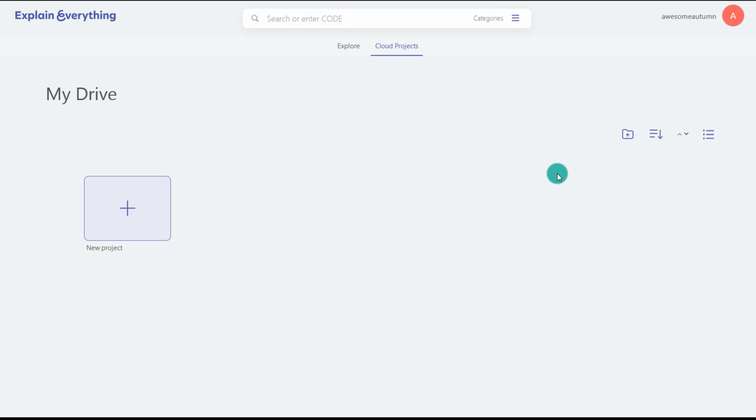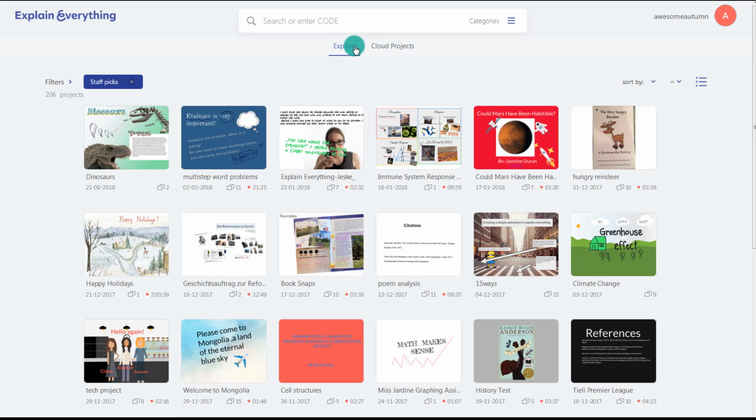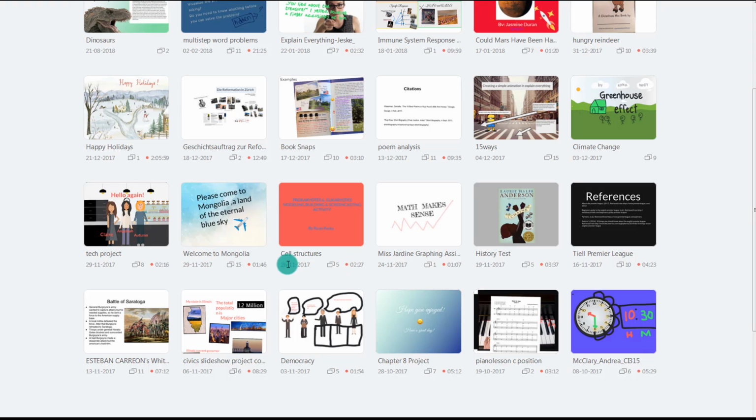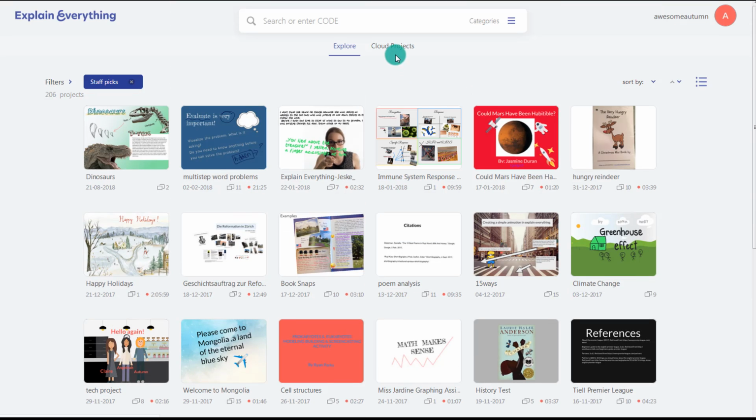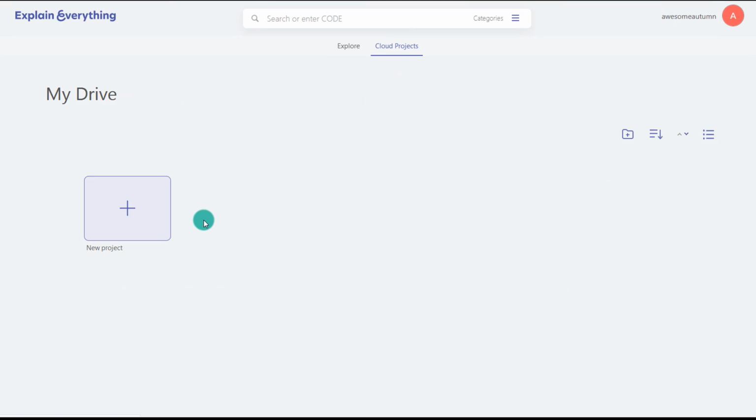So let's try it. The first step is to create your Explain Everything account, and you can just make a free account. Once you create it, you'll be able to see this interface, and you can explore other projects that have been created by other people. Obviously these have video recordings on top of them, so you could watch that if you wanted to, or you could come to your cloud projects and begin to create your own. So we're going to make a new project,